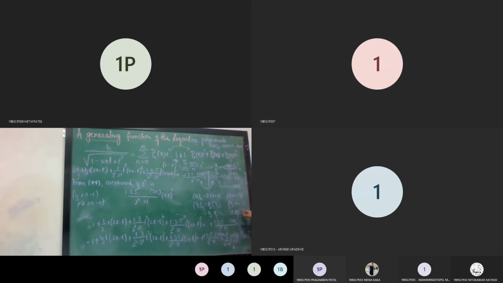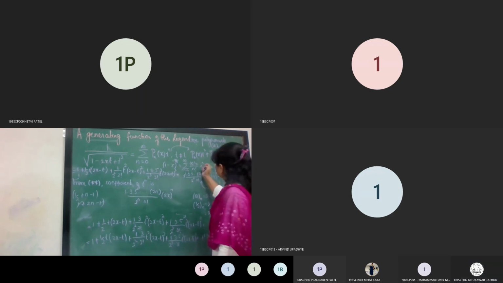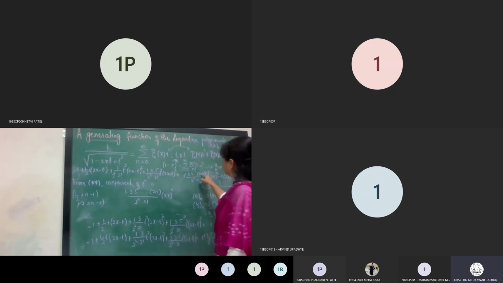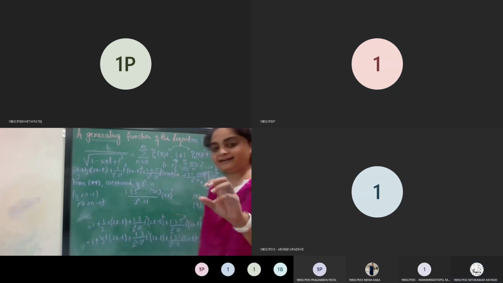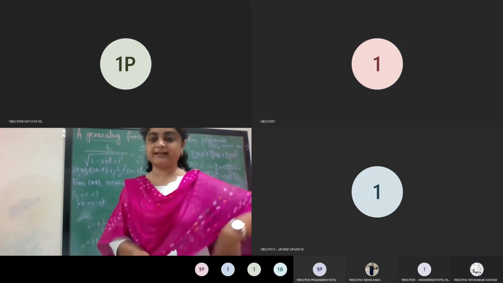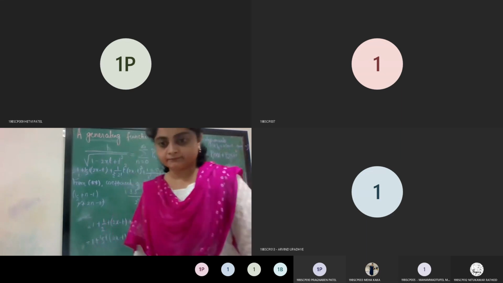So it is 2 minus 1. You can see from here. The expansion is 1 into 3 into 5. N many factors of 2 raised to n in the denominator, and the expansion of this will be 1 into 3 into 5 up to 2n minus 1. So please make the correction. This factor will be 2n minus 1. Wherever the ending term is 2n, you just make the correction that it is 2n minus 1.